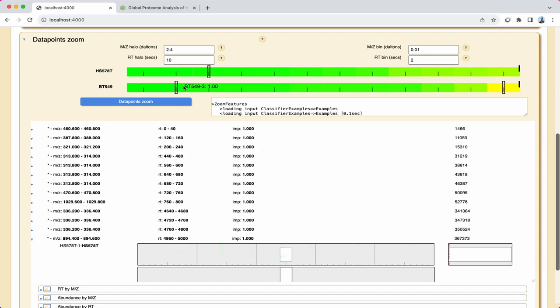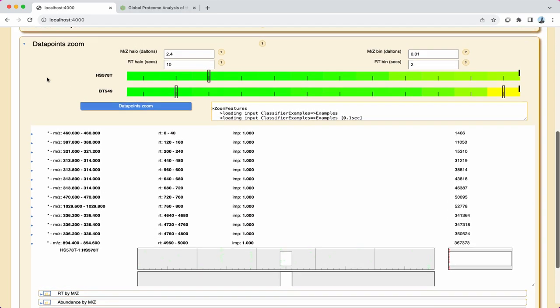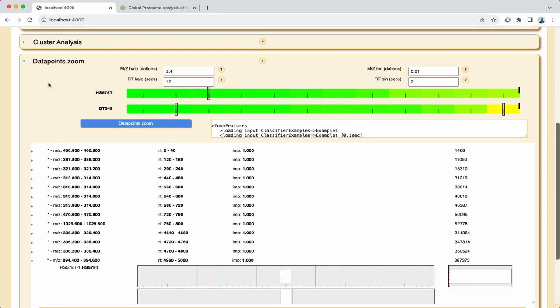First, the machine learning classification bars can be used to select which specific examples will be selected in the reparse. Here I have selected two examples that machine learning correctly classifies with high confidence, as well as the example that is classified with the lowest confidence. I can then compare the mass spec data within each data point across these examples.